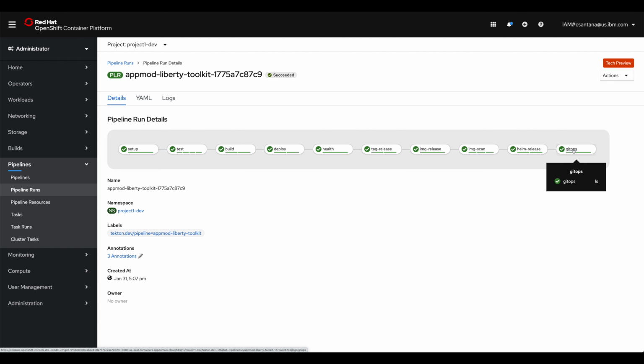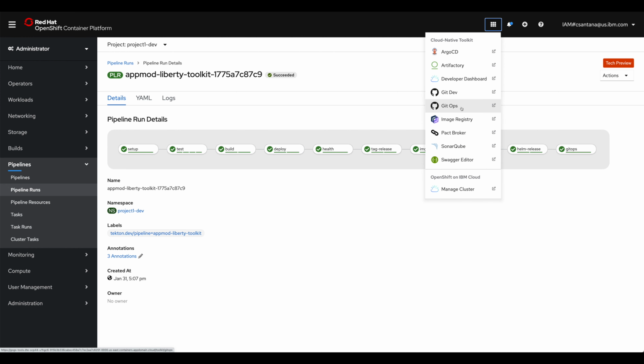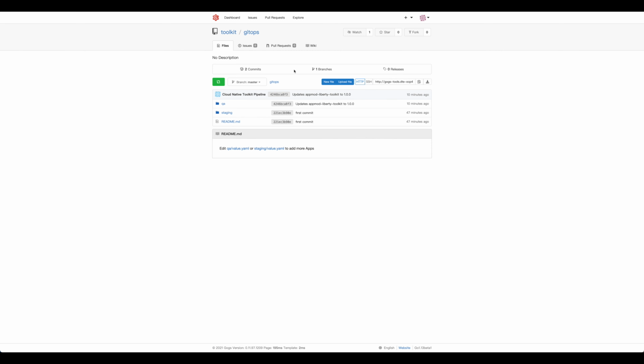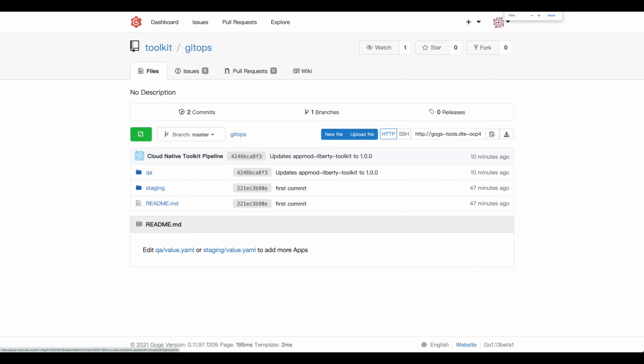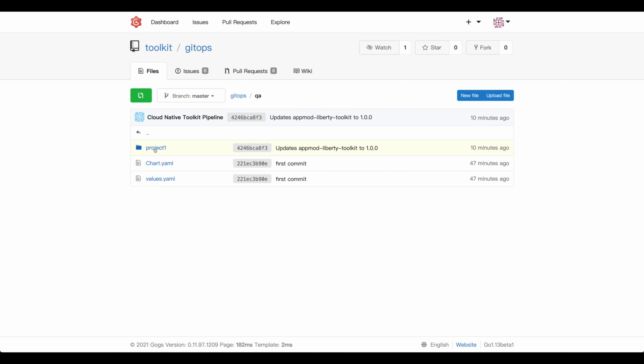So let's check if our files are pushed to that Git repository by this task. If you go to the menu and select GitOps, that will open the Git server against the GitOps repository. And if we go to the QA, because that will be the next stage to deploy the application, we check project 1, and then we check the app module file for our application. And here you will find a Helm repository or Helm chart